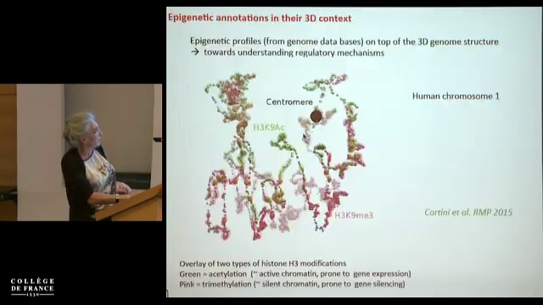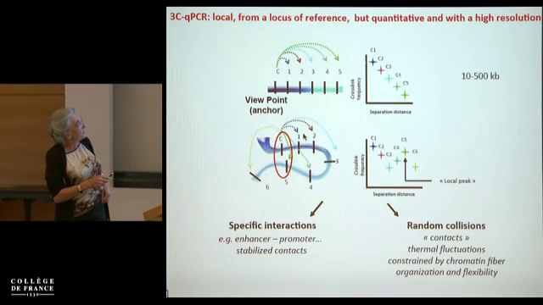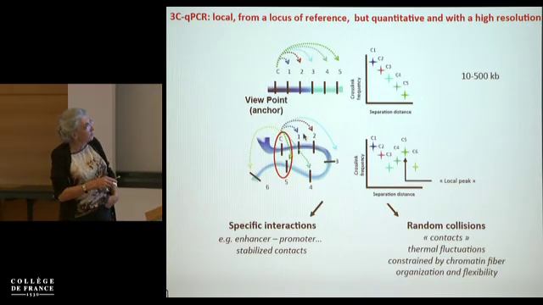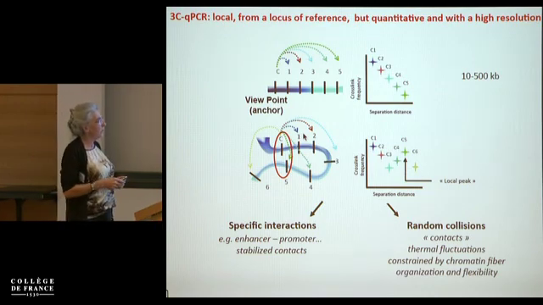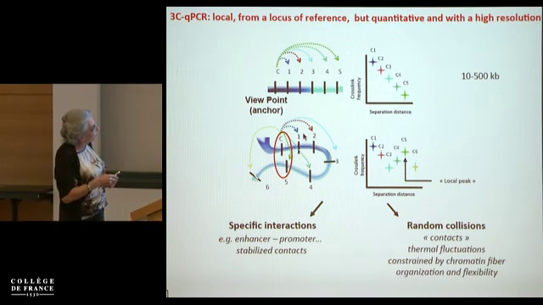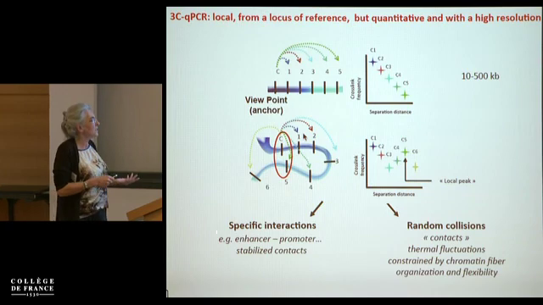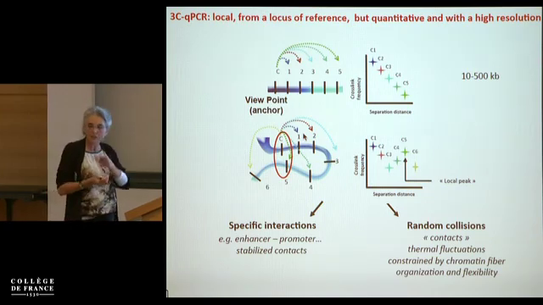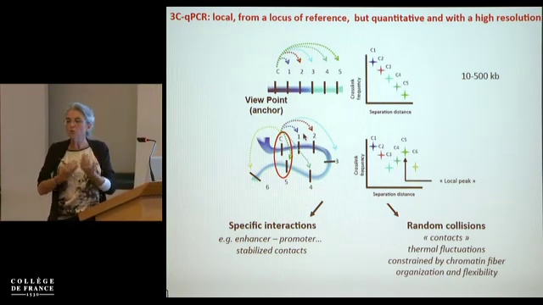You see here, this would be the contact only due to random collision, due to the thermal motion of the chromatin fiber inside the nucleus. If you do such experiments, 3C experiments, you see some peaks corresponding to what is termed specific interaction. Typically, they correspond to a random contact which is stabilized by interaction between proteins. So these are those two parts